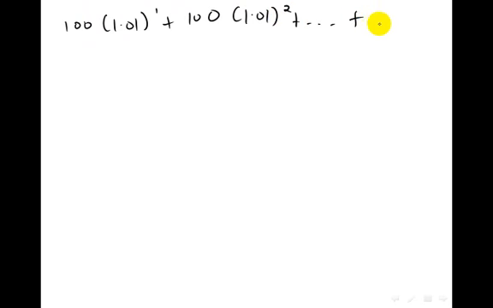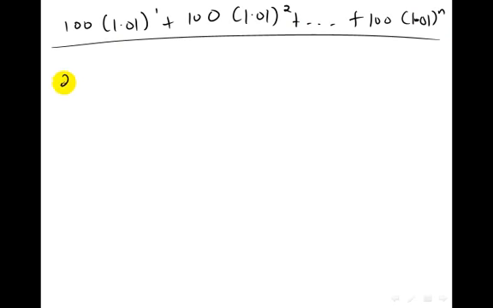Till whatever number that I don't know, because I'm asked about the time here. So let's call the time n. So if you want to put this one in the formula, it will be 2000 equals to this geometric series, which is